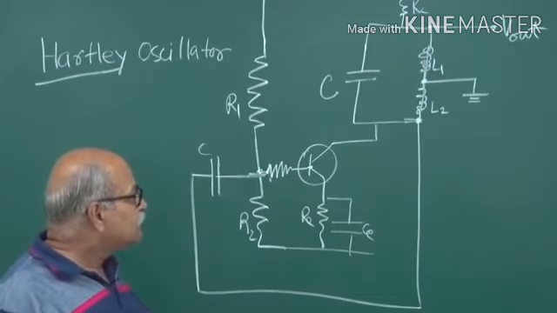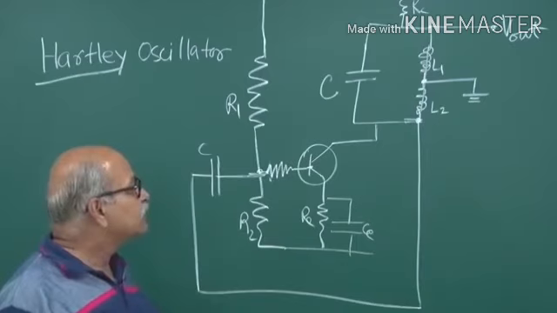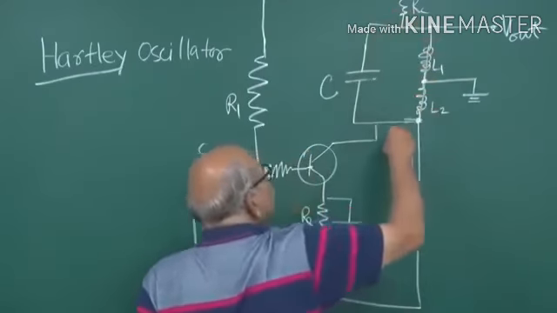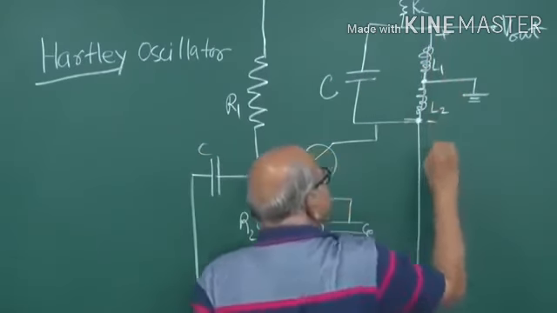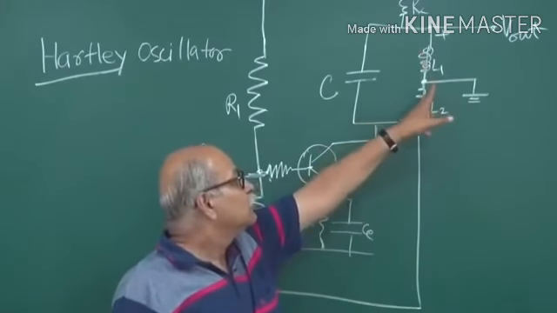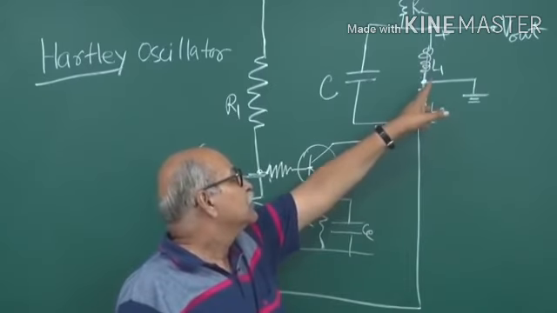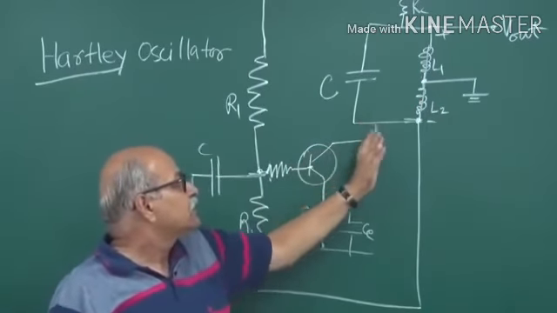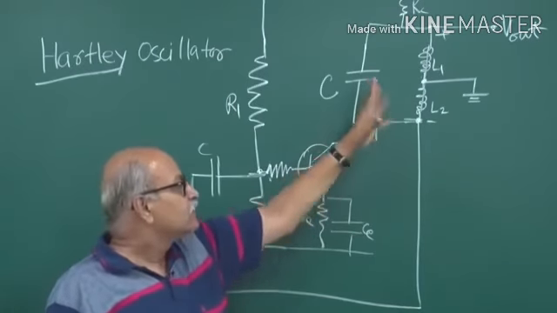So this is one design which works quite well, and the phase relationship is once again as follows. If this is grounded and the current is going in a particular direction, then at a certain time when this is positive, this is negative. So a phase change of pi is ensured here, and then another phase change is here. So when the base gets the signal, it gets it in the same phase. So that is how it is done.